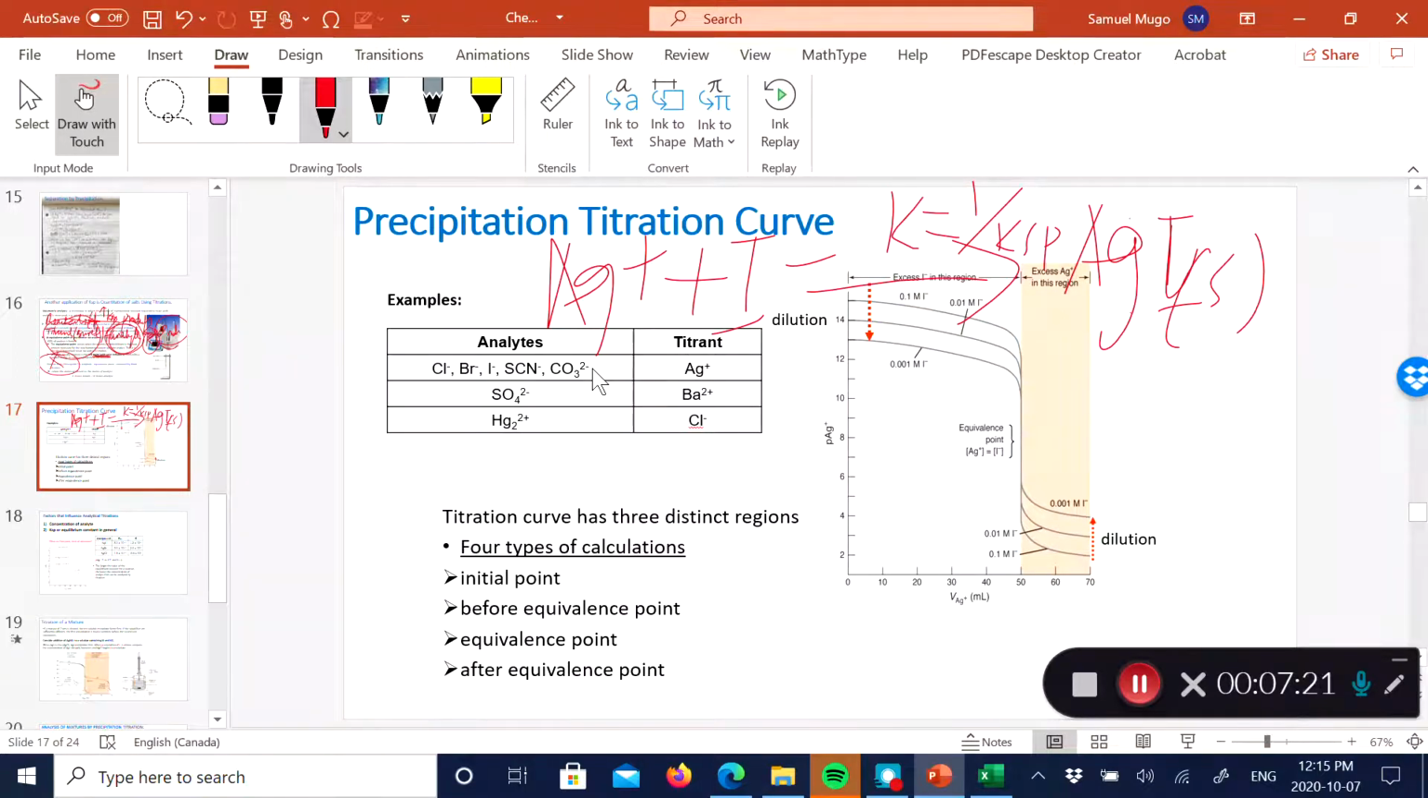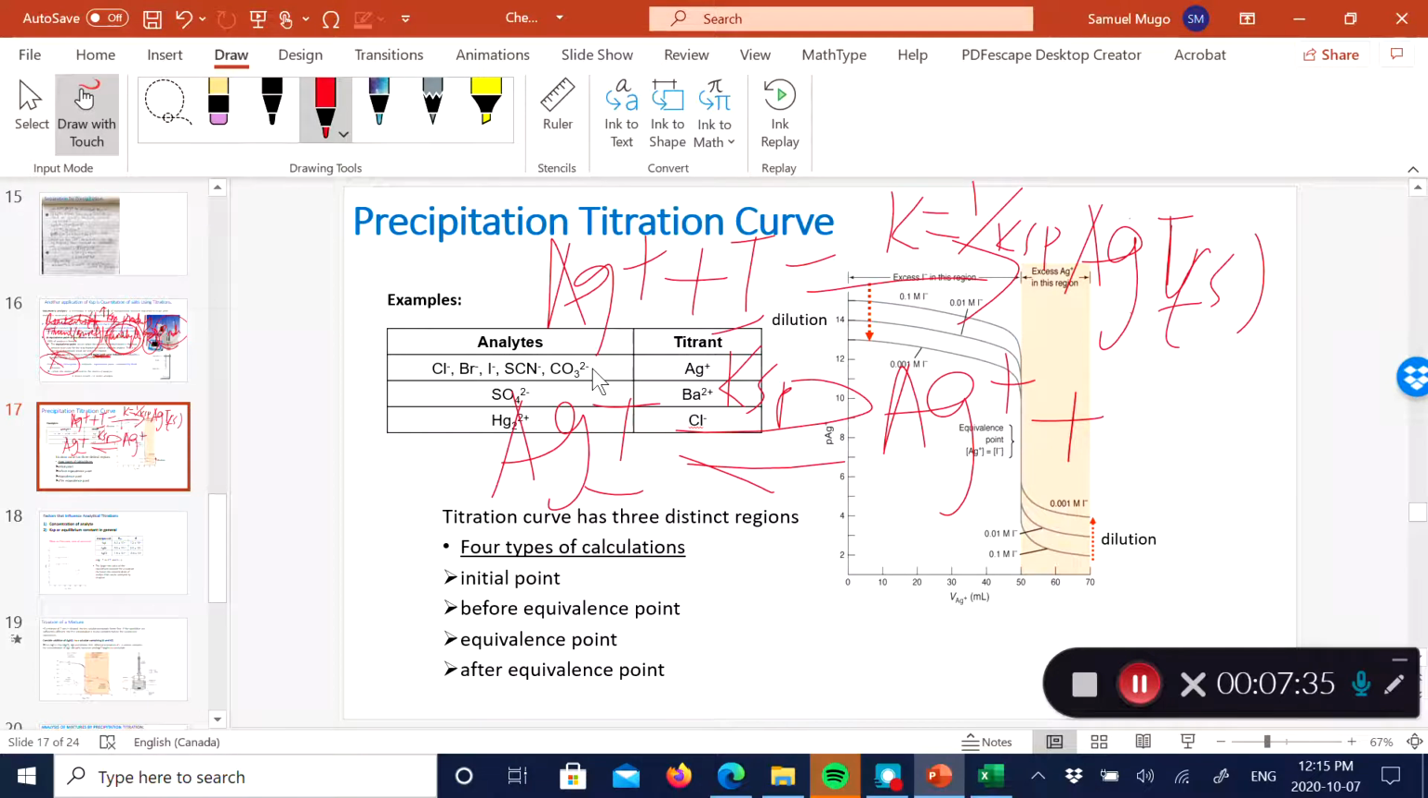Okay, and you can see the reason why it's 1 over KSP is because the silver iodide, if you dissolve it in water, the equilibrium constant is a KSP, which equals the constituent ions, silver plus iodide, and of course all of them are aqueous. Okay, so the point is, you get a titration curve like this, where you're adding the titrant to the unknown,